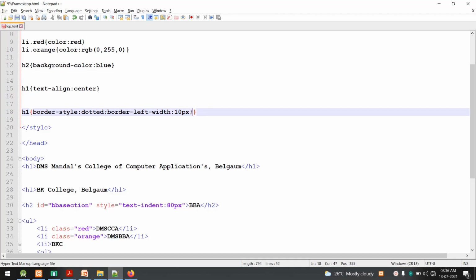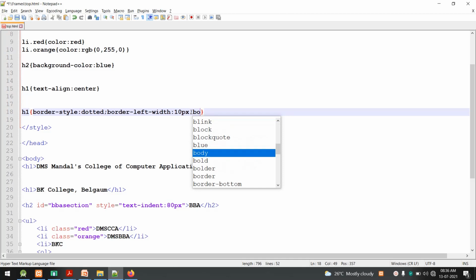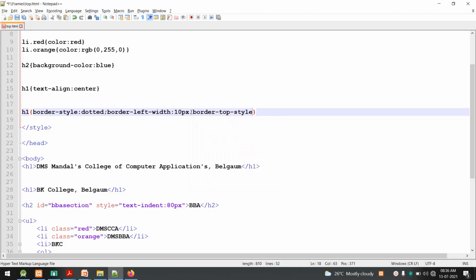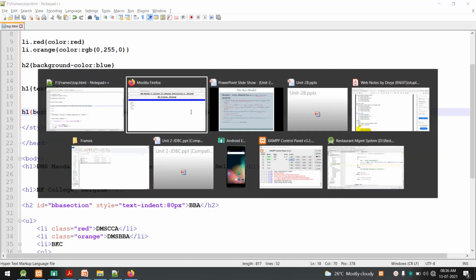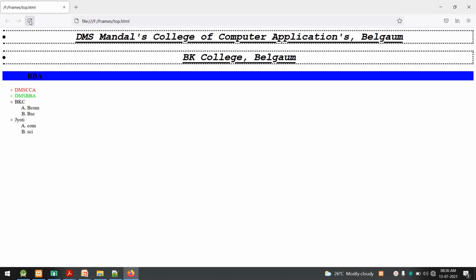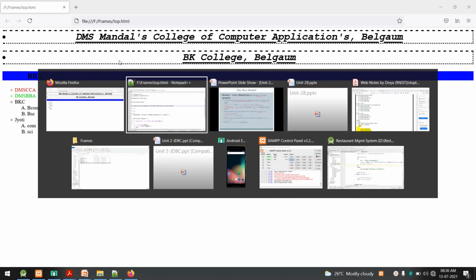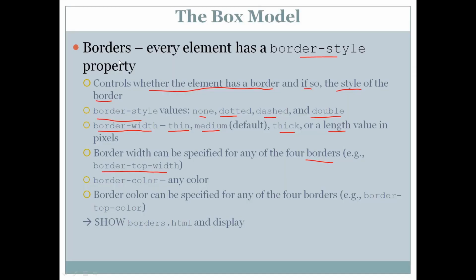For example, I say border dash top dash style, and where I had specified dotted, here I'll specify dashed. Now you can see only the top border is dashed, but the other borders are still dotted. So you can specify a different style for different sides of a border.